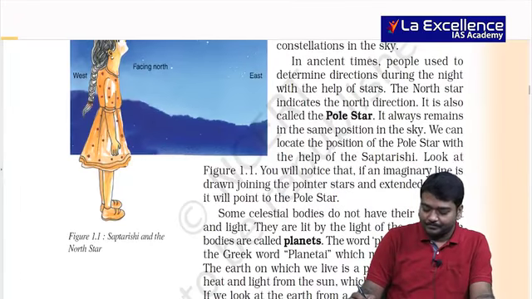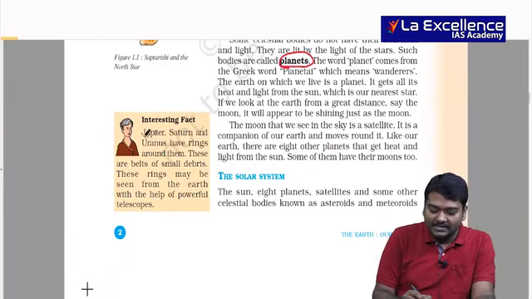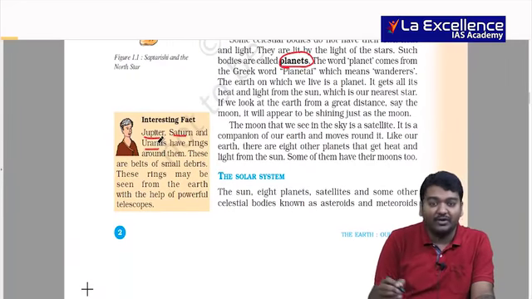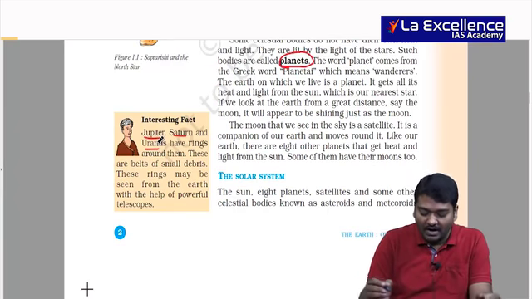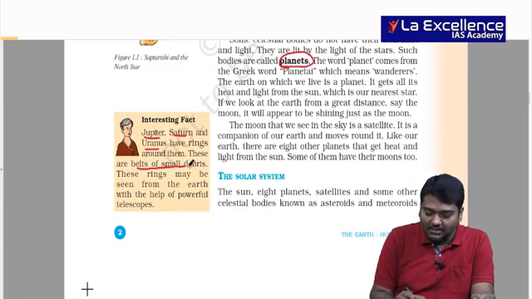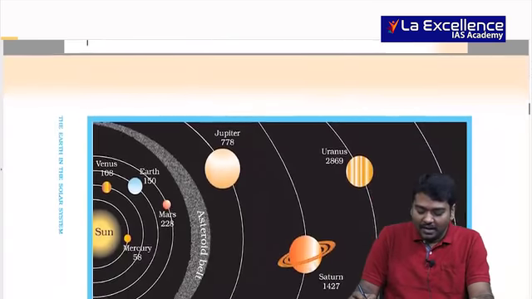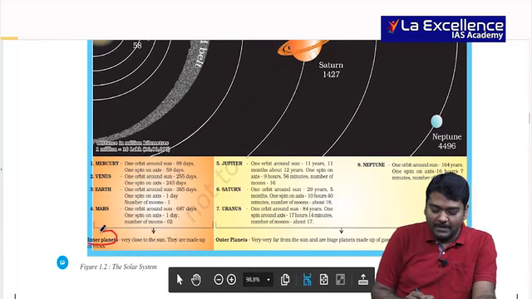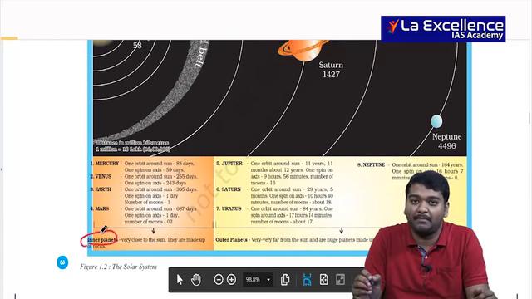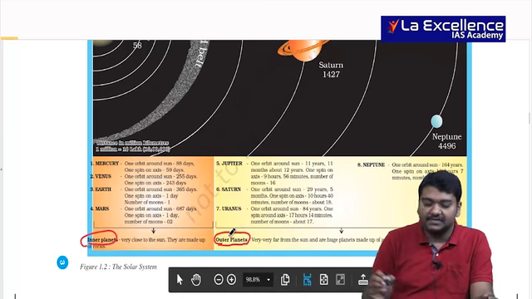And then they are talking about the planets. When they talk about the planets, they talk about Jupiter, Saturn, Uranus, which have rings, and these are actually made up of dust particles or small debris. Very, very important. Later, when we talk about the solar system, I have already spoken about the inner planets which are closer to the sun and made up of solid rocks, and outer planets which are gaseous, right?